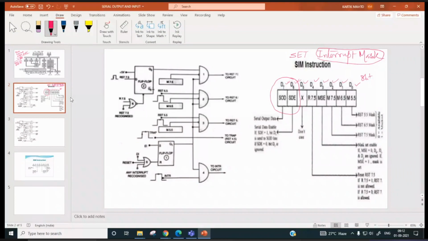Now, suppose I do MVI A, C0H. What will be the accumulator content? Anyone?